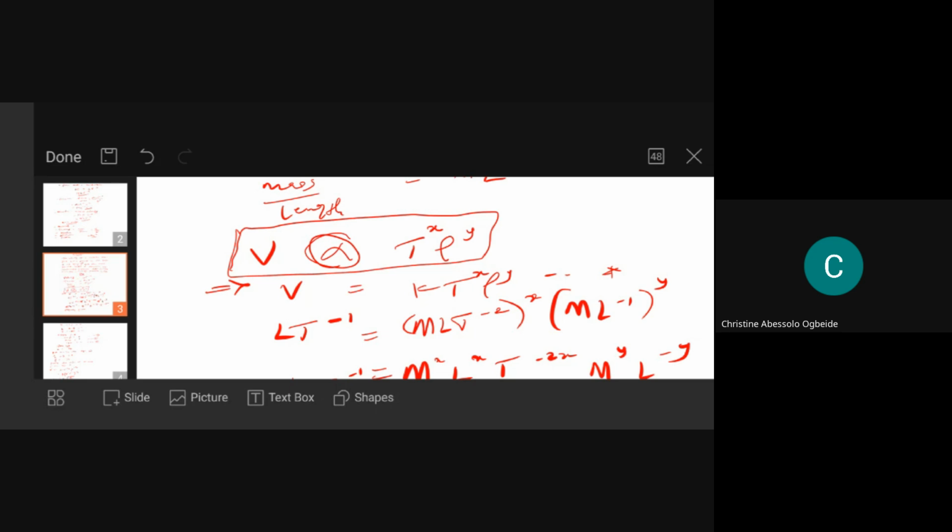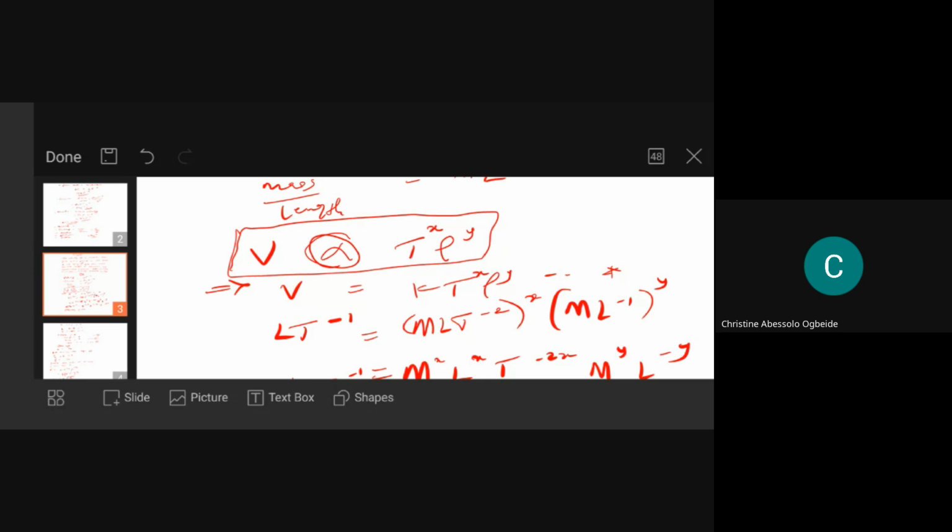Just having in mind that K is just a dimensionless constant, you don't have any issue with it. You only keep it constant and then solve other things, okay? You don't make use of it, just solve for the variables that were given to you in the question. So I took out the proportionality sign and I brought in the equality sign.